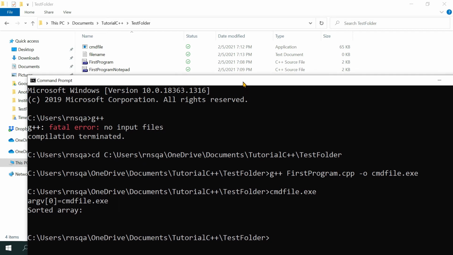Here you can see on this window that there is argv of 0 is equal to command file.exe. It means that there is some array inside our program, and in that array, at index 0, we have the file name. And then there is another message, sorted array, but it seems it was expected that some numbers will be inputted here with the command file, but actually we did not provide them,